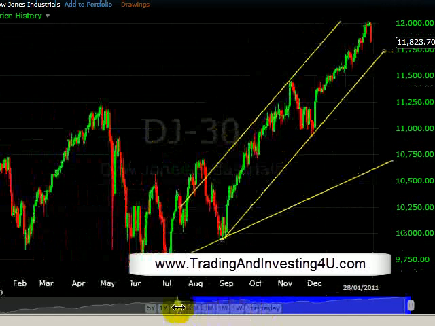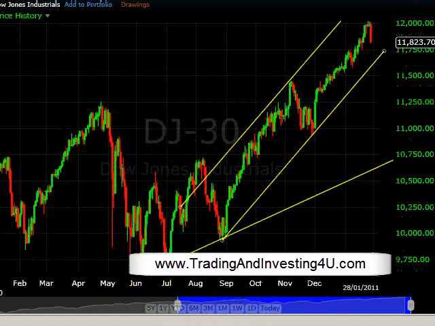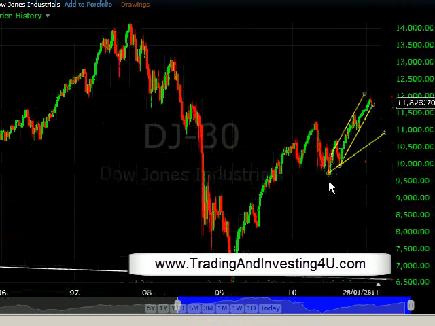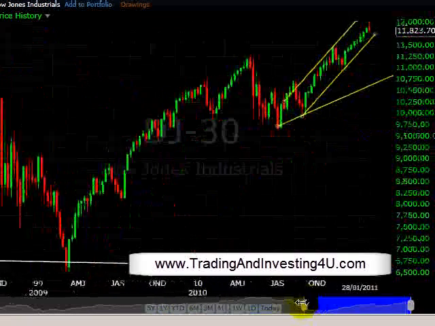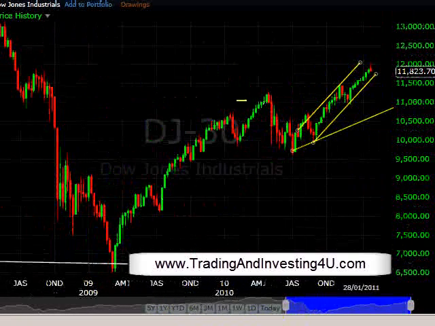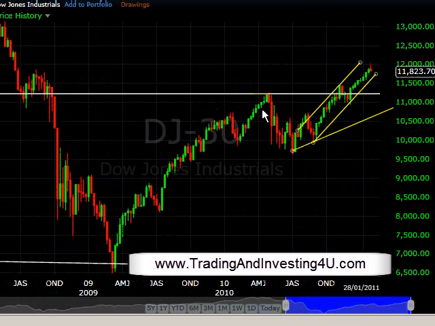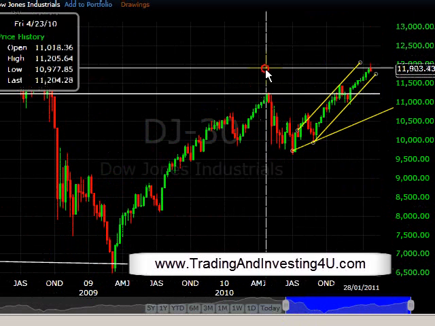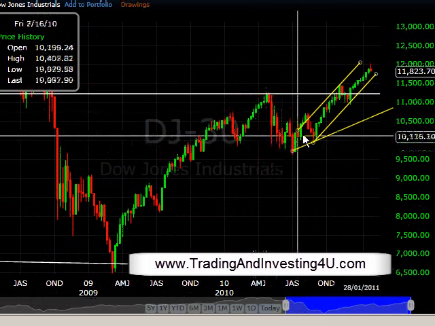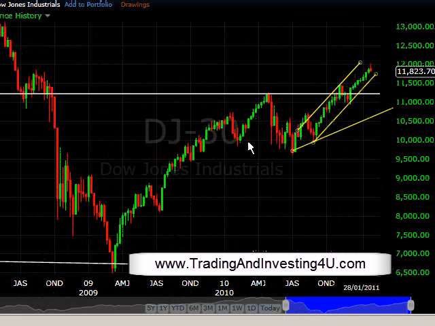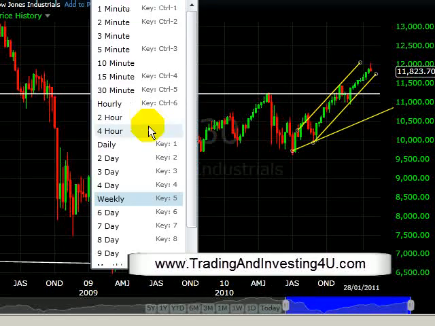Now, if that does not hold, then if we look over to our weekly chart again, you see what I do is draw my trend lines on the weekly chart, but then I hone my entry areas on the daily chart. It's really important to get your entry, support and resistance levels and trend lines on your weekly chart. So here, the market ran up to the top around the 11,200, hit resistance, came back down, and so on. So why am I drawing this trend line? Well, if we go back to the daily chart once again,